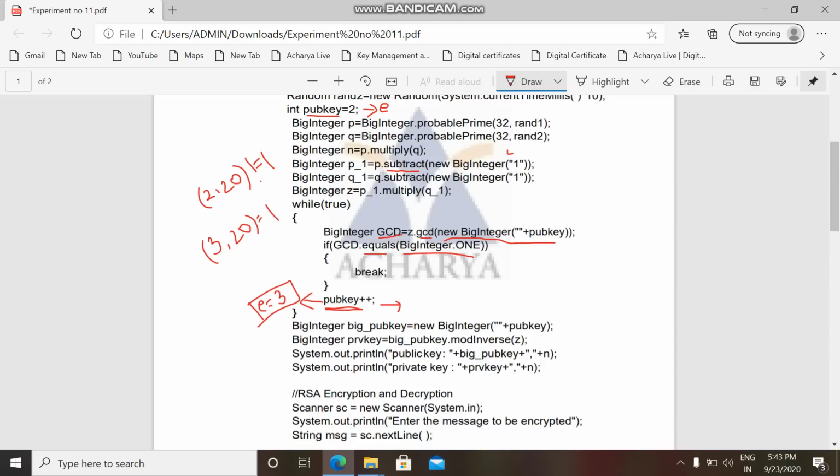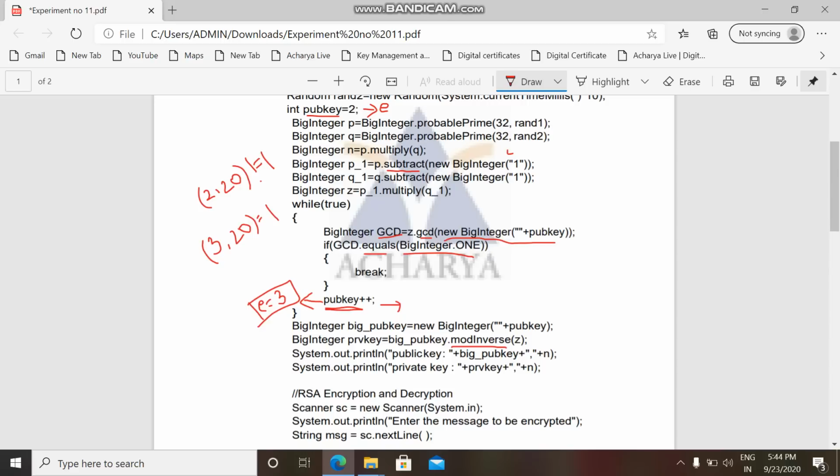Whenever we compute d, we use a built-in function called mod inverse. While passing the values to this mod inverse, it works on two big integers, so you have to convert your public key, which is of type int, to a big integer. So we are doing it.